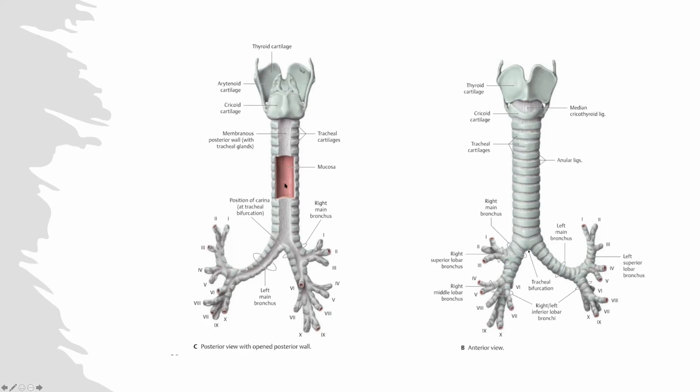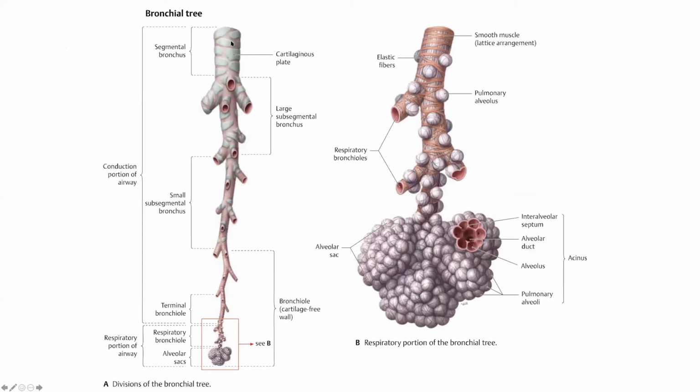And here we have made a window so we can see inside how the mucosal lining is within my trachea. And in the respiratory part of histology, they must have explained a lot about the movements and the cilia and all those things. Now, look at it. Segmental bronchus has cartilages, and then it goes down and down and down till it becomes an alveolar sac. And look at it, this part has been magnified. The elastic fibers are surrounding because we don't have cartilages beyond this point. So it is the cartilage-free zone, and this is the terminal part where gaseous exchange is occurring. Are we good with that?